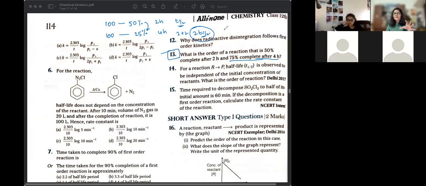So that's the significance of independent of concentration. T half will always be the same. So for 50 to become half, it'll take the same time, then from here to 12.5 it'll take the same time. So 12.5 will take like 3 half-lives. Okay. Then from there, 6, half of half. Yes, 3 half-lives.